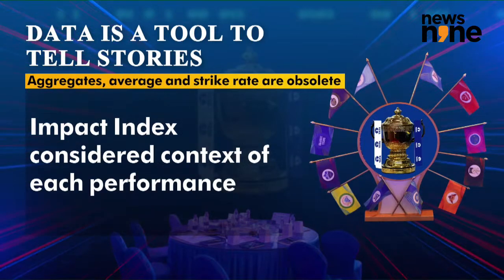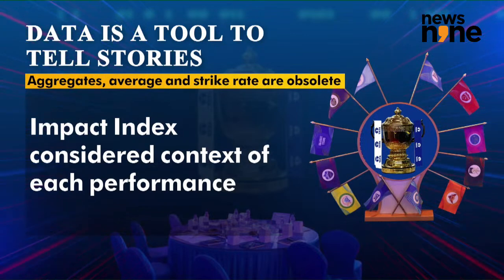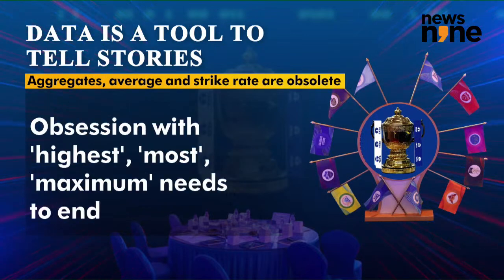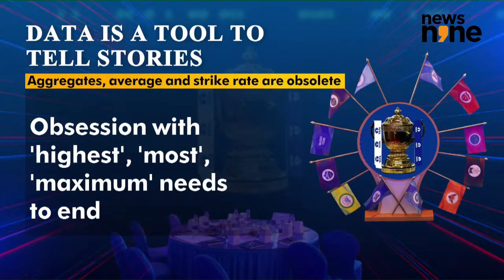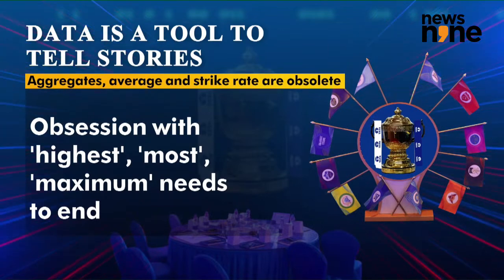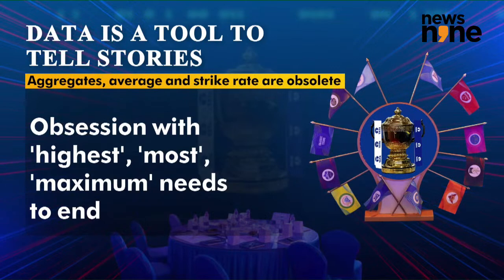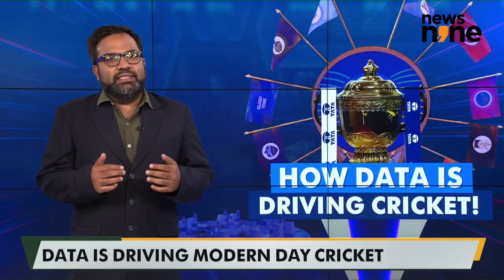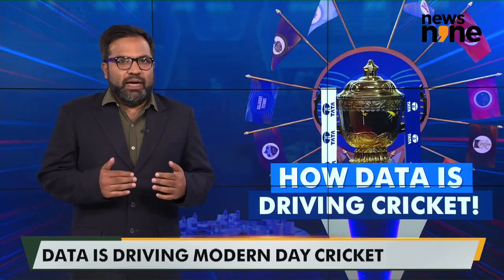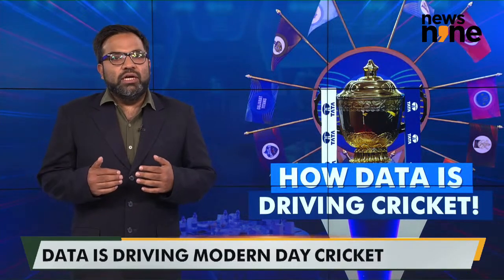Impact Index, created by Jaideep Varma, was one such holistic system which judged a player on the basis of his performance relative to the performance of other players in the match. In a sport where traditionalists are obsessed with hundreds and the highest and the maximum, it took into account the context of the performances, taking into consideration factors like pressure, situation of the match, average run rate, quality of wicket,